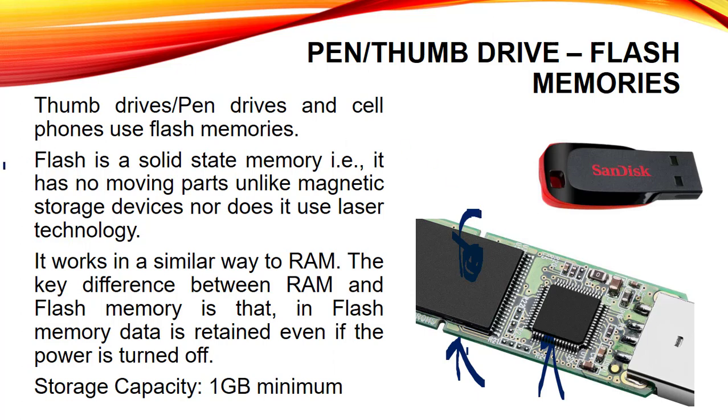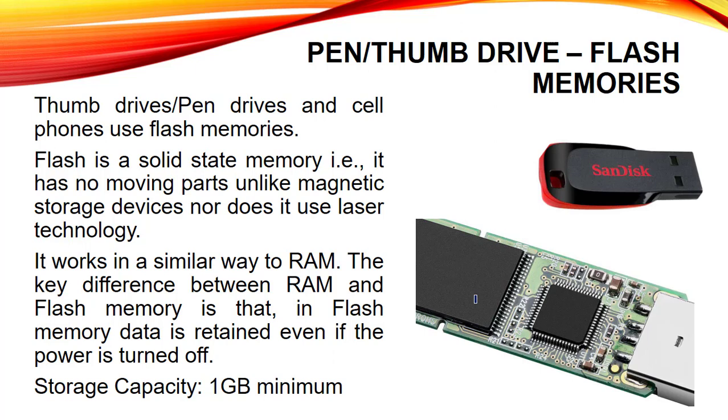Flash is a solid state memory. Solid state means it is in the form of an IC or integrated chip. It has no moving parts. In this we don't have any moving part or any laser technology. It works similar to a RAM. The working, meaning the reading and writing process, is similar to a RAM, but the only difference is that